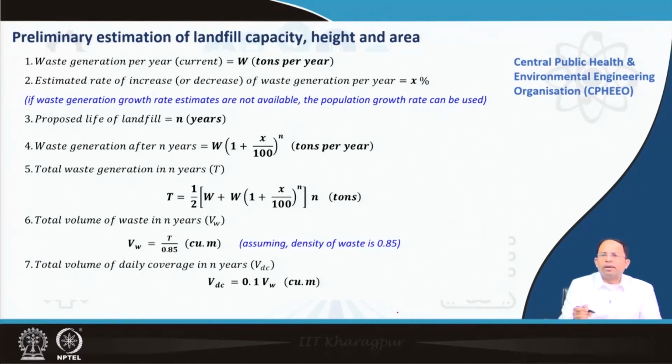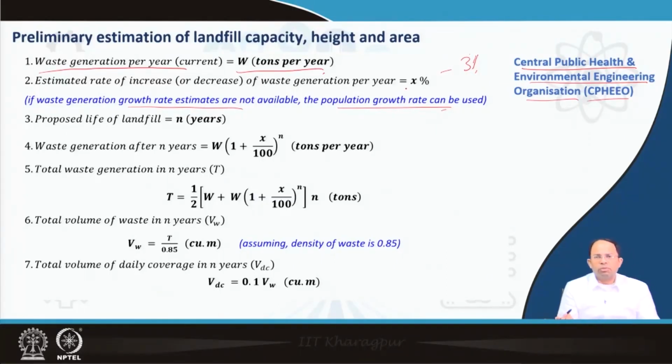To do that, we have to follow certain steps. These steps are given by the Central Public Health and Environmental Engineering Organization, CPHEEO. First, we have to determine the waste generation per year for the current year, in tons per year, for this particular urban area. Then we can assume the rate of increase of this waste, which could be 3%, 4%, whatever the case may be. In case this waste generation growth rate estimate is not available, the population growth rate can be utilized. As you can understand, with more population, more waste will be formed, but that doesn't mean